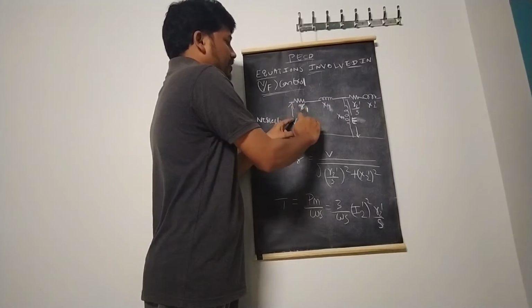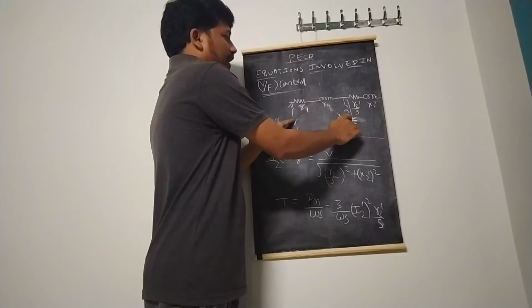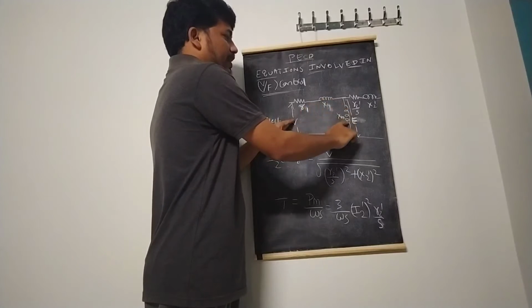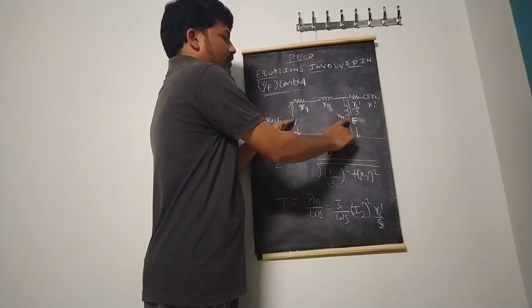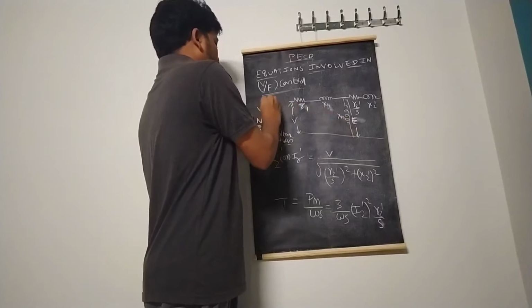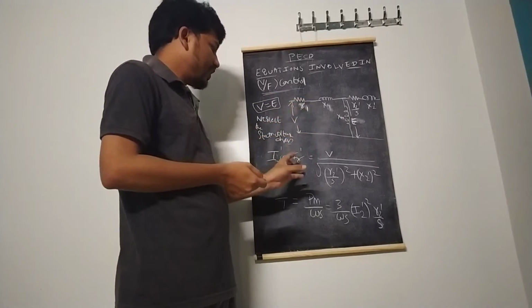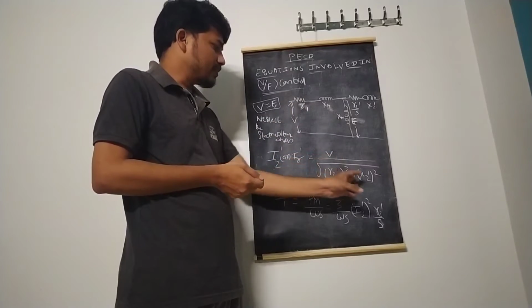Therefore, whatever V is given is applied across the magnetizing reactance XM. Therefore, the supply voltage is responsible for creating the magnetizing current. Therefore, V is equal to capital V. If you neglect this drop, then I2 dash, or IR dash, is equal to V divided by this impedance.